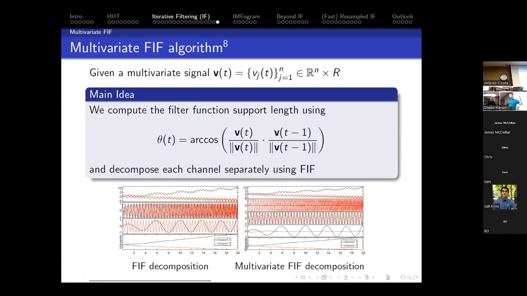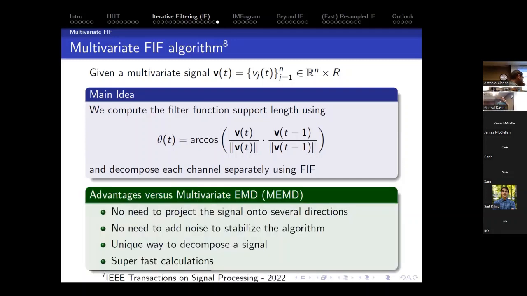Now, you may think that it's simple because you take the two channels, you take the highest frequency among the two channels or the N channels, and you use that as a reference for your filter. But this is not quite right. So in the literature for empirical mode decomposition, what they developed is called multivariate EMD. And what they discovered is that if you do the naive way, so you take every channel and you choose the highest frequency among all of them, and you build your filter out of it, it may fail.